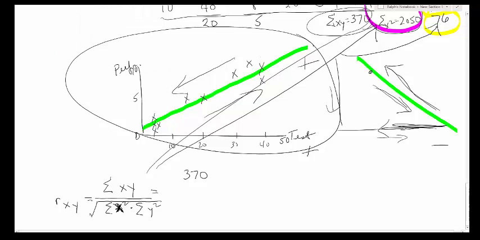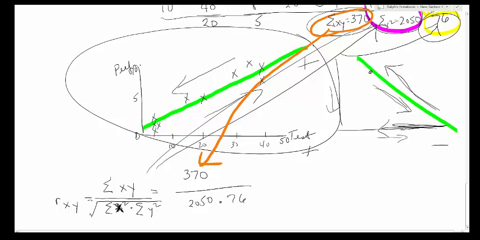We know that the numerator is this thing right here, and we know that the denominator is going to be, let's see, what's the sum of all the x squares? It's right here, that 2050 times, what's the sum of all the y squareds? It's right here, the 76. And now we want to take the square root of that, which equals 370 over,